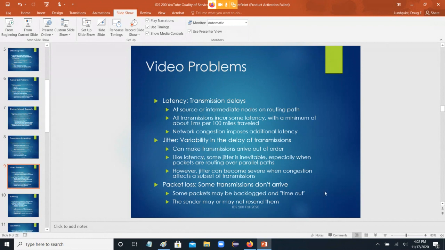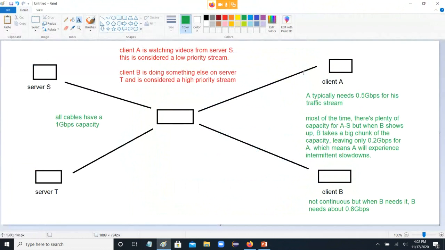But jitter often becomes severe when congestion affects a subset of transmissions. That is, in our example here, as long as client A is the only one using the system, everything's fine. But whenever B shows up, A is going to feel that, right? A is going to suddenly notice, oh, it used to be great, but now it's not so great. Now I'm only getting like 40% of what I need. And if B is on there for a long time, A is going to experience that as a long, unpleasant delay. If B just pops in and out, right, just says, oh, quick note to server T and back, and then pops in a minute later and gets another thing,